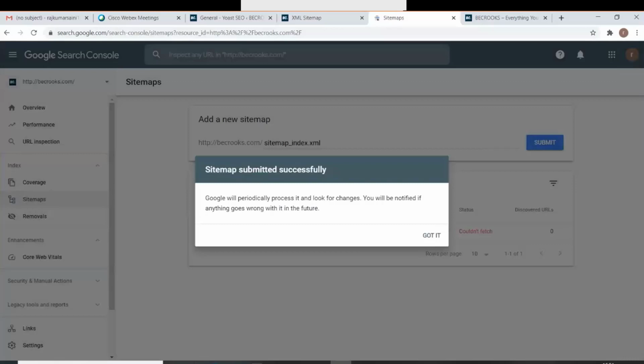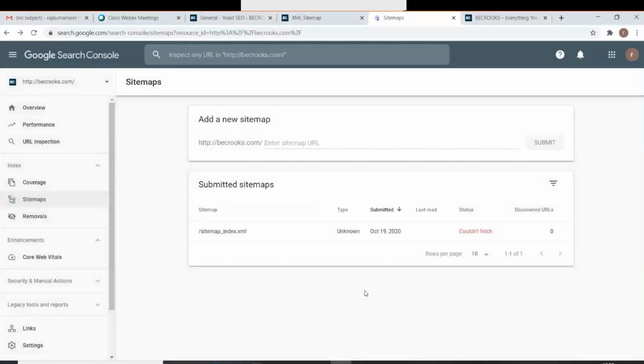Yeah. So as you can see, the sitemap is submitted properly. It says sitemap submitted successfully. So this is how you would need to submit the sitemap. You need to go to Yoast. You need to go to settings. You need to go to features. Just go to the XML sitemap section. Click on the question mark, and a particular page would open. You just need to go to the URL section at the top and take the after slash portion out of that URL and put it over here and just click on submit, and that is what it is. And the sitemap is generated. Sitemap for a particular website is going to be in the XML format.